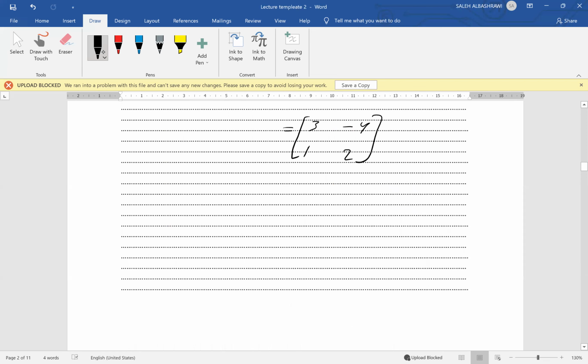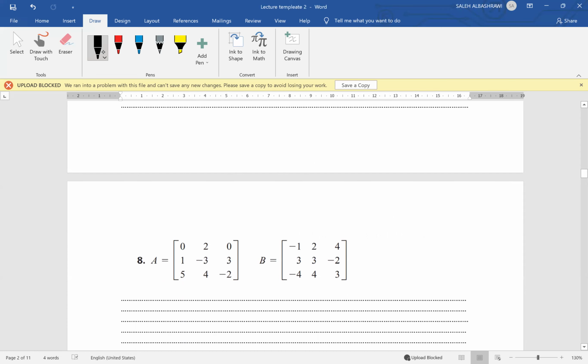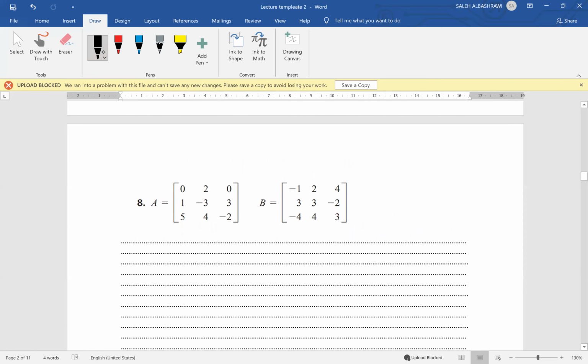Take another example. Suppose that we are given A of this size, which is 3 rows and 3 columns. This is a 3 by 3. And B is also 3 by 3, 3 rows and 3 columns. So we can add these two matrices because these are of the same order. So A plus B